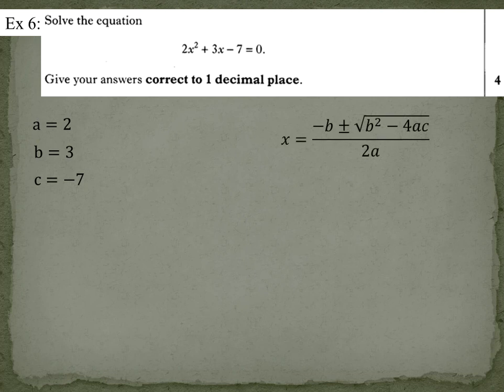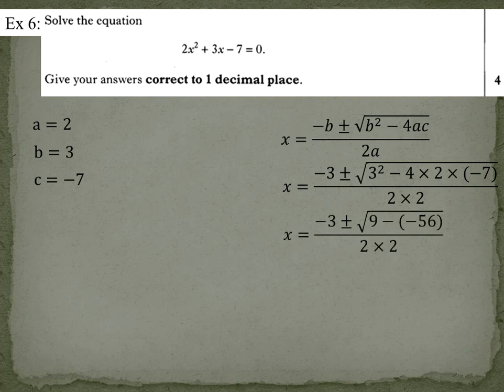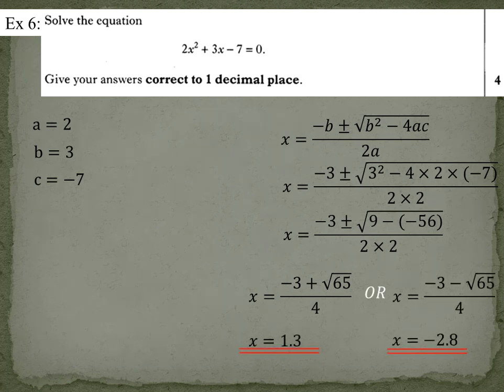Recall minus b plus or minus the square root of b squared minus 4ac, over 2a. Sub everything in, watch for double negatives. Watch for the minus in front of the b, and then do your 2 solutions, and you should have got x equals 1.3 and x equals